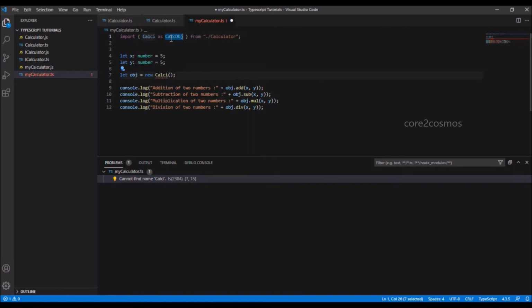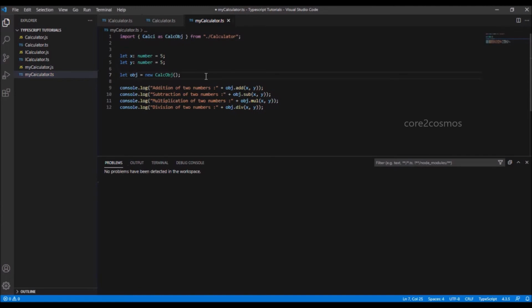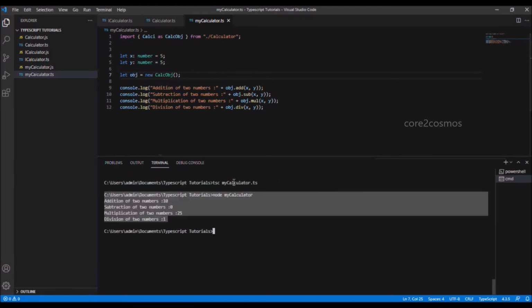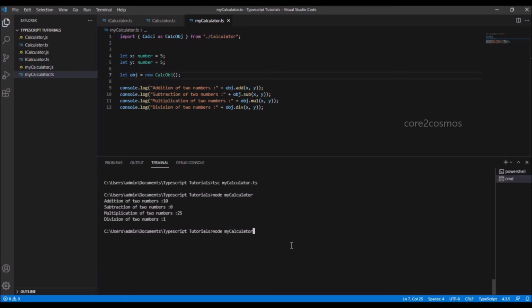Similarly, in line number 7, I say let obj equal to new calc.obj, where calc.obj is the alias that we created during the import operation. Now when I run the program, I should see the same output. I say node space mycalculator. As you can see, I am seeing the same output.